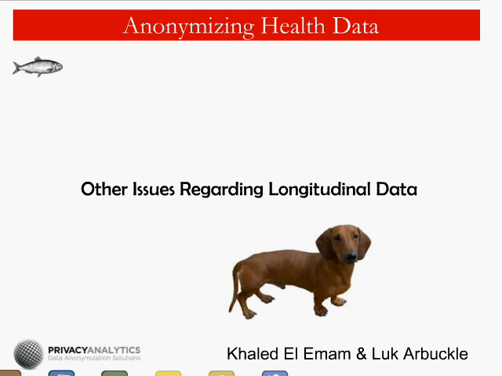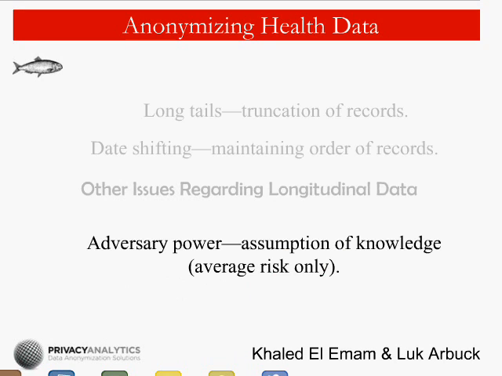So there are other issues with longitudinal data, which we describe in the book. Don't really have time to discuss it here. So I think we'll just mention briefly that there are things like the truncation of records. There's date shifting to maintain the order. There is another assumption called adversary power that we use. And then there are things that aren't specific to longitudinal data,